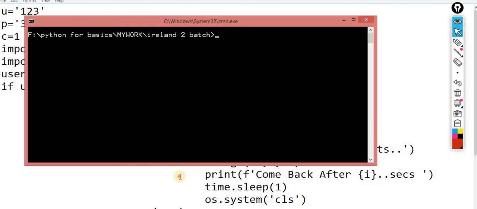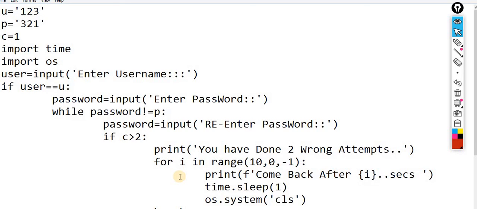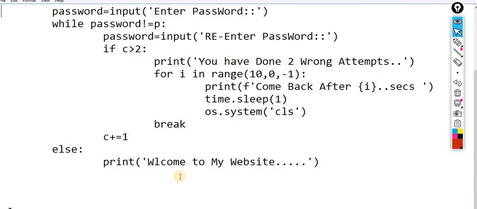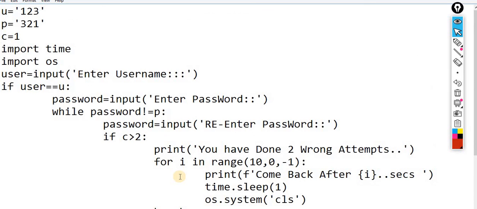You have to perform this as well. Very simple, only 2 lines of code are needed to do the same thing. The rest of the code is in front of you. The entire code will be used in the same scenario, but you have to implement a while true loop, because it will keep on asking until you supply everything correctly. If you do the wrong activity again and again, the blocking time will be multiplied by 2.